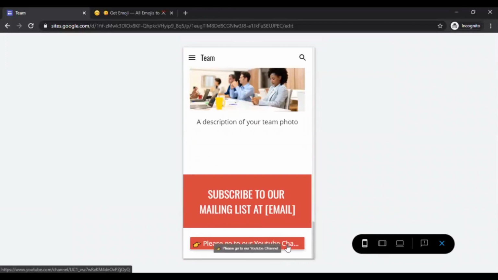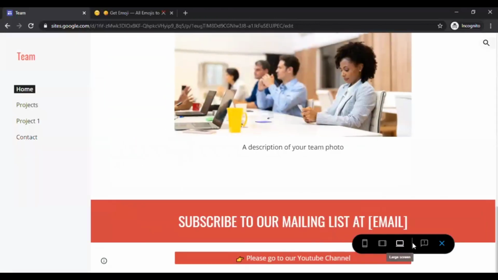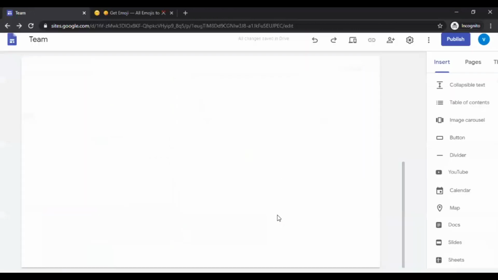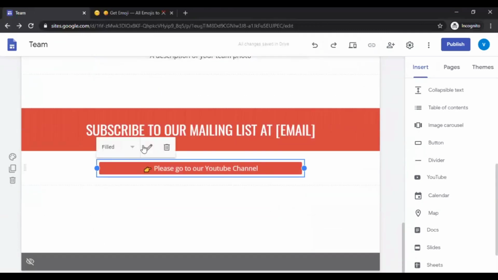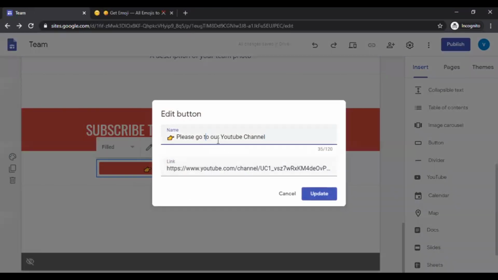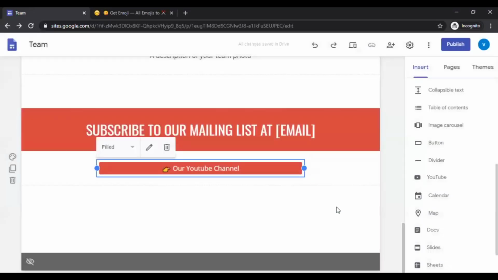We can change it as per the mobile device. We can update the text. You can also update it.